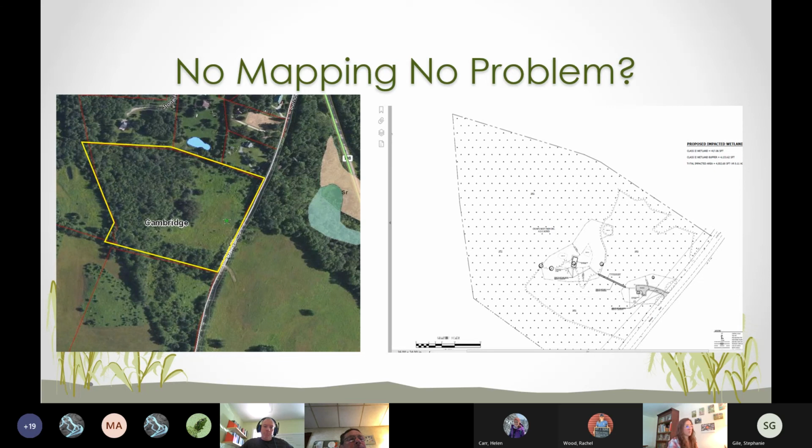We tend to have a proceed at your own caution. This is a good example. This was a property in Cambridge that had absolutely nothing mapped, no hydric soils. It's high up in the landscape, so there wasn't a whole lot of detail on the hydric soil mapping up there. There's no VSWI, but when they did the delineation, all of this checkered area is all wetland, so most of the property was wetland.